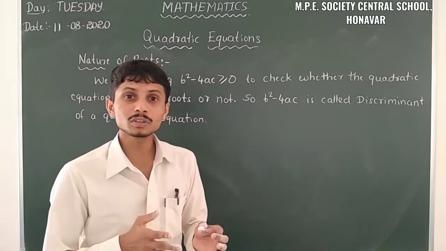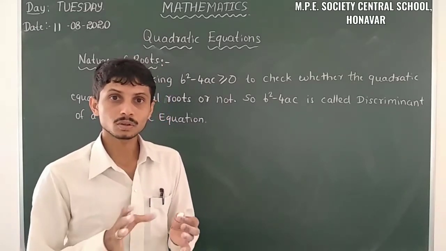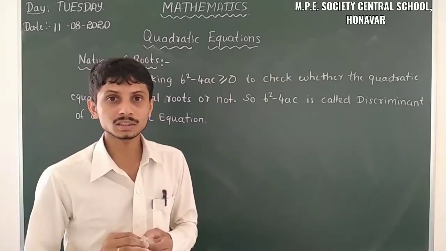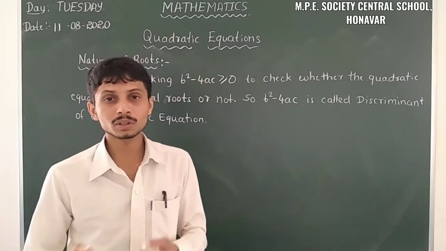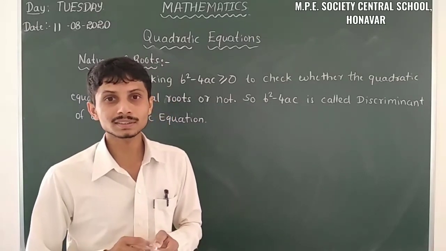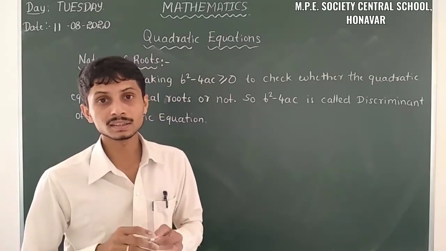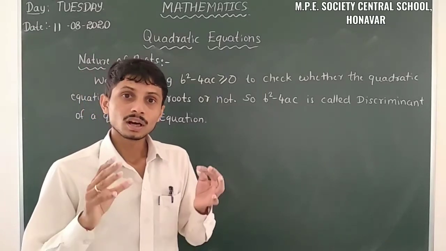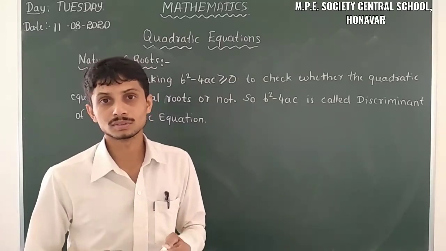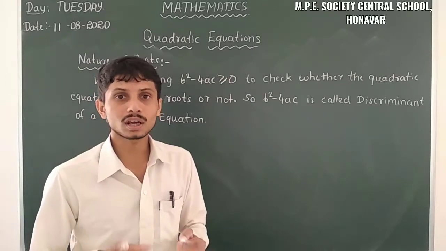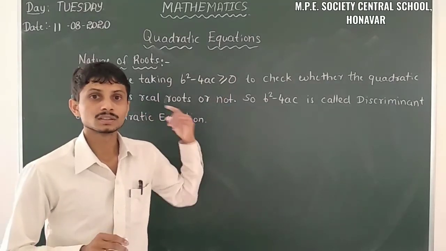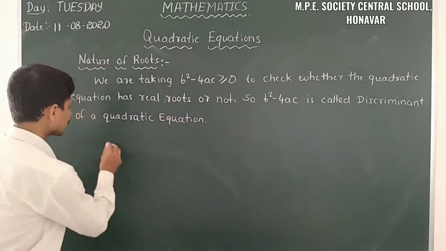In some situations we got the same roots. When we are finding the roots of the quadratic equation, we got the same roots. That means x plus 4 into x plus 4, x minus 2 into x minus 2. Likewise we got them, so that is also one case. Apart from that, there are quadratic equations having no roots. That means the roots do not exhibit this condition. So let us discuss those cases.